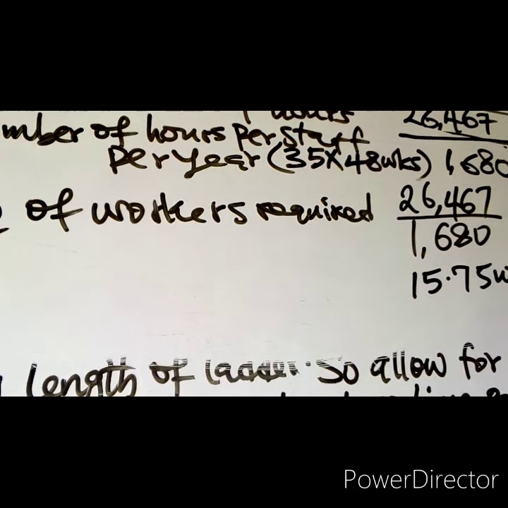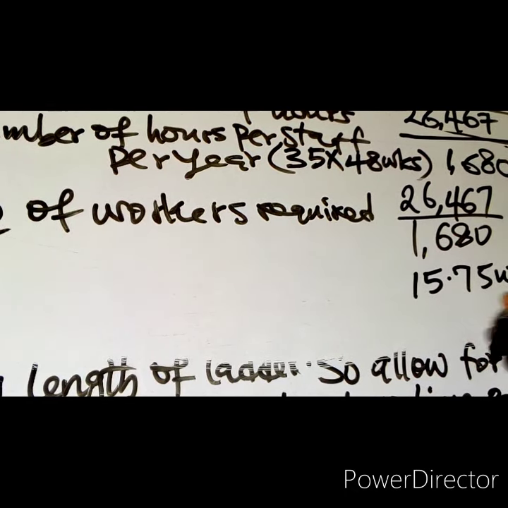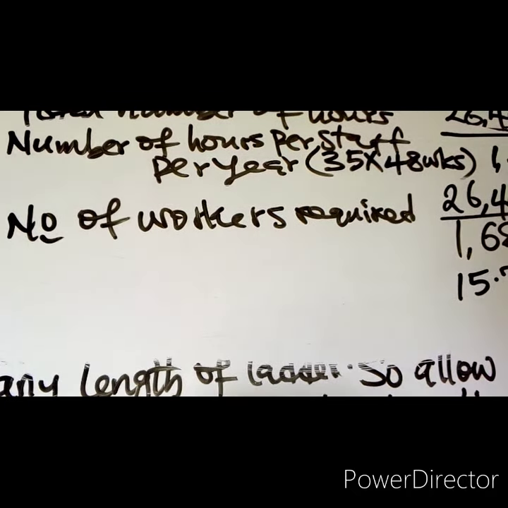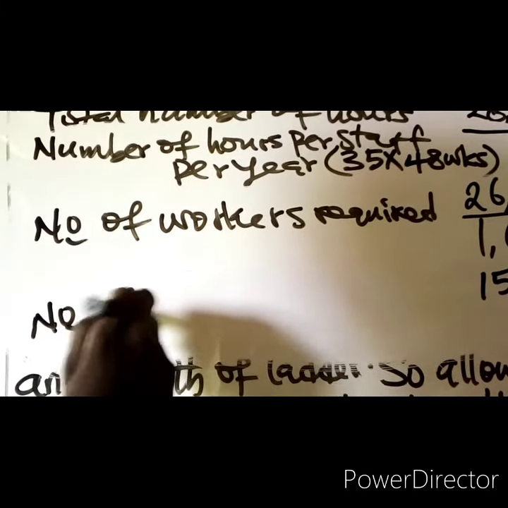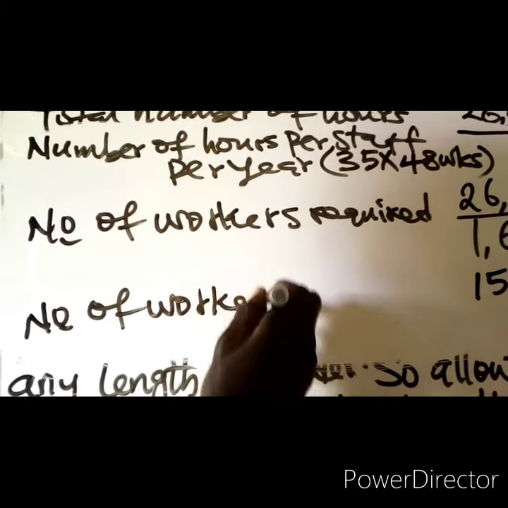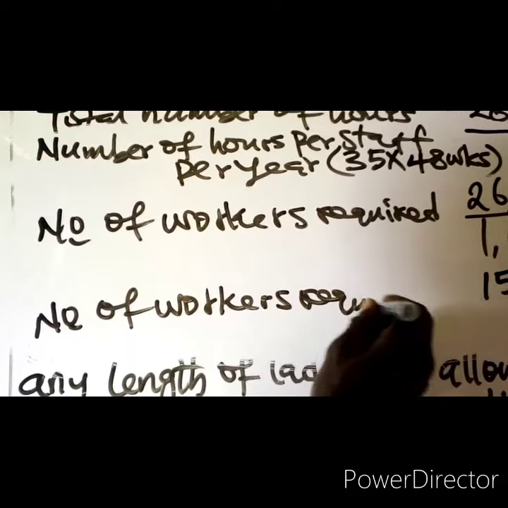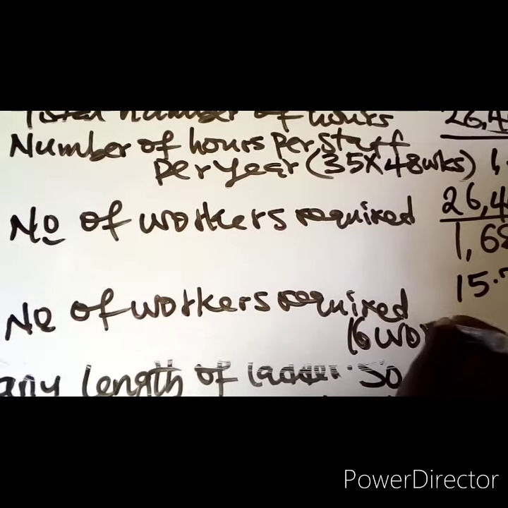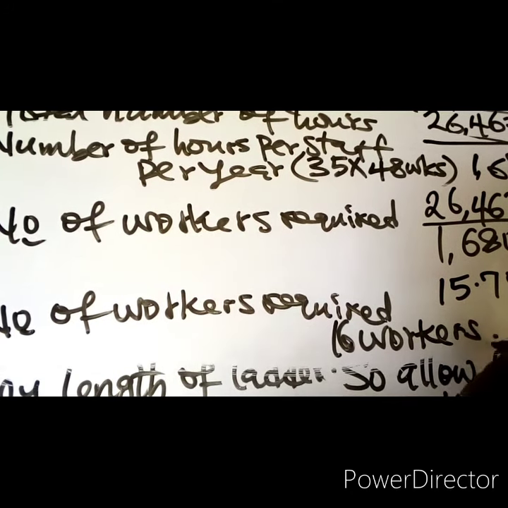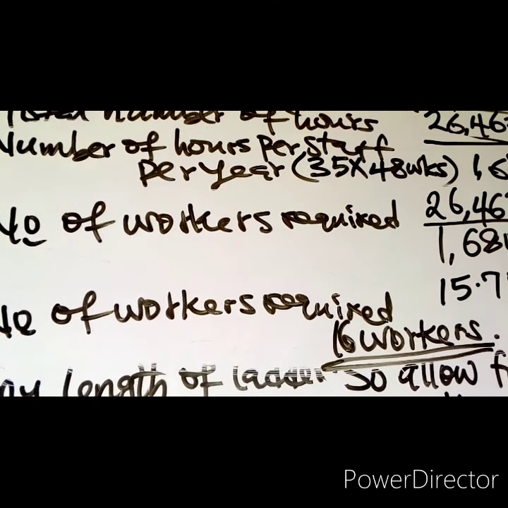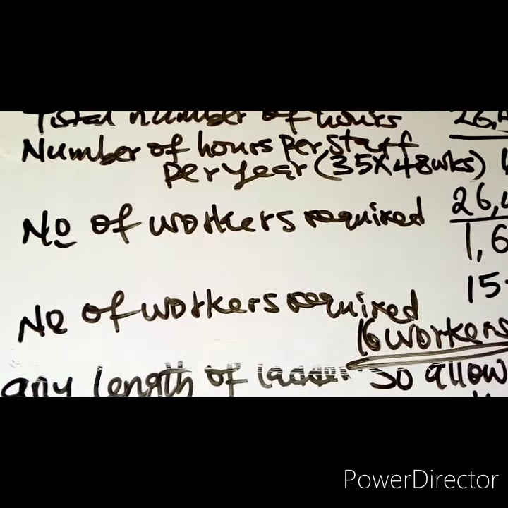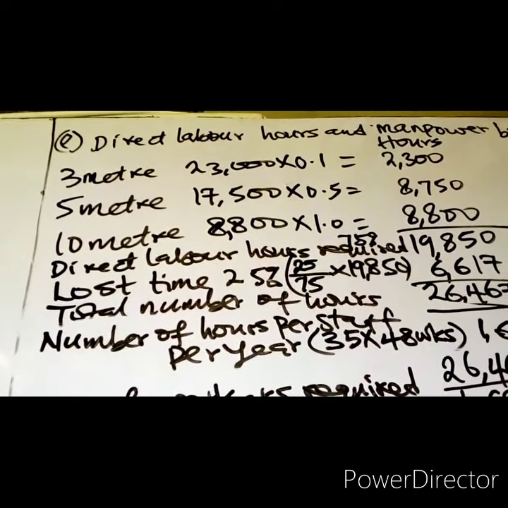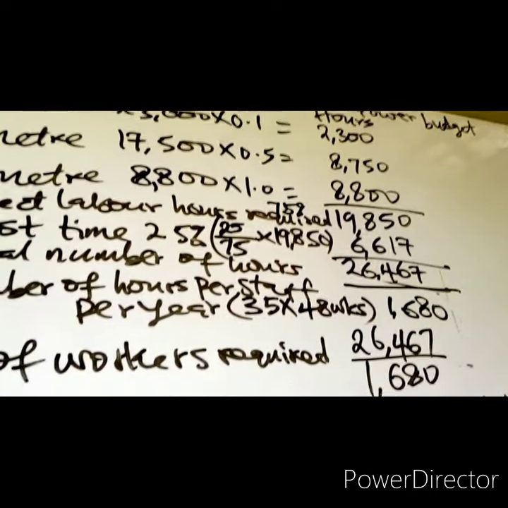15.75 workers. It's not possible to have 0.75 of a worker, so that will be approximately equal to 16 workers. So the number of workers required is approximately 16 workers. So that is all about the question. My next lecture shall cover the cash budget and other forms of